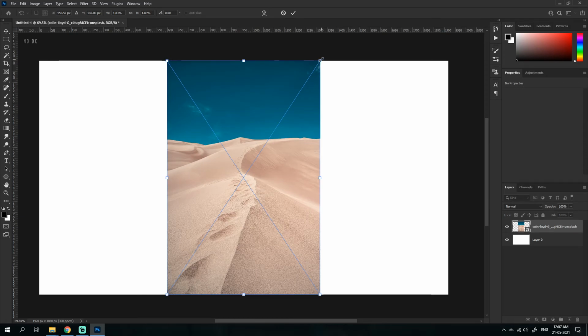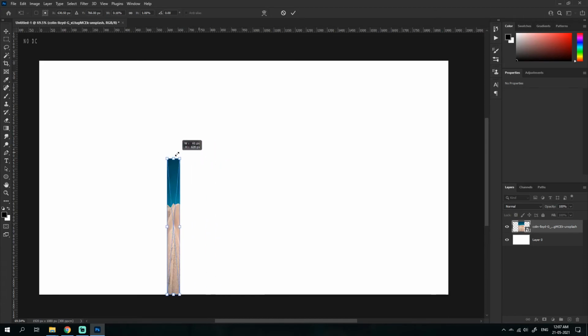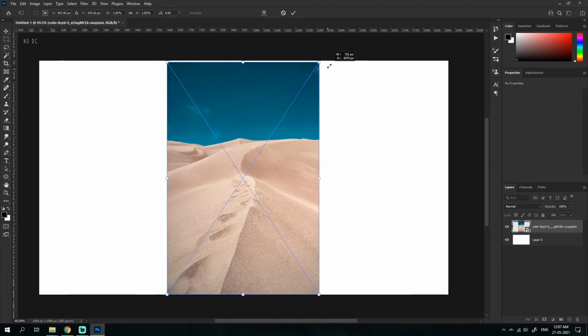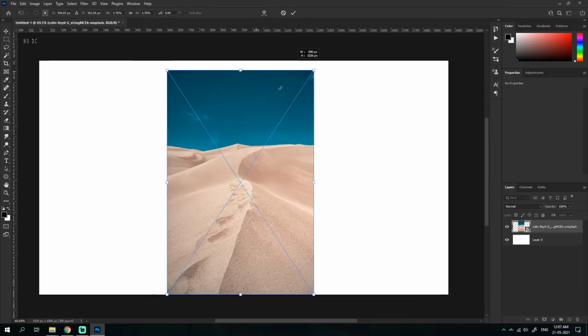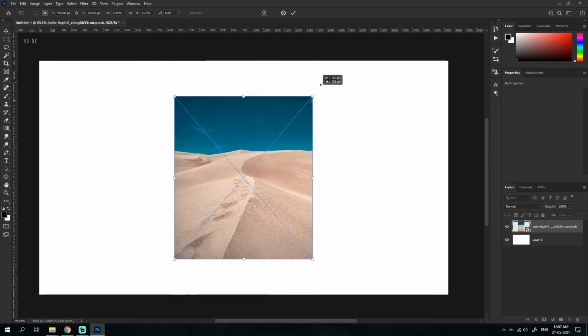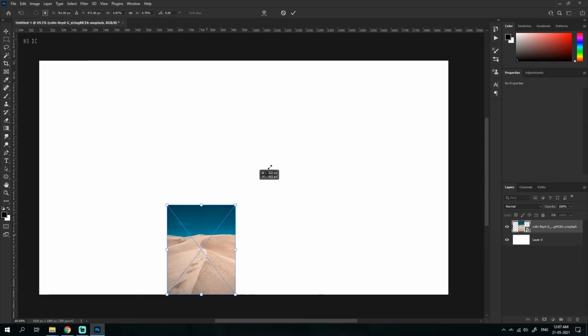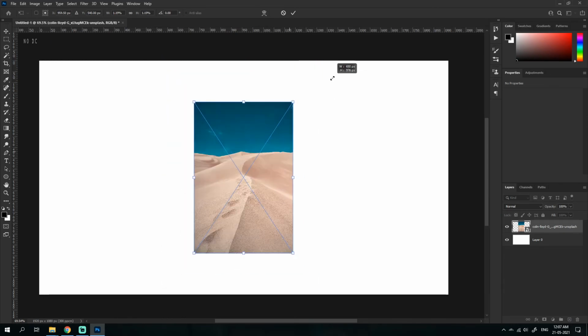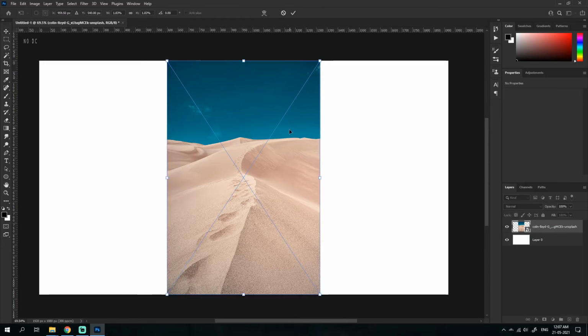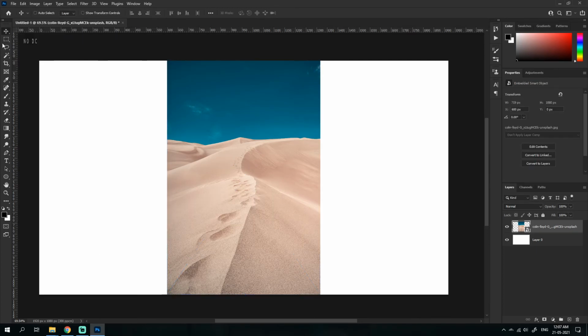So Control T, and if you want to do this thing, you have to hold Shift. But that's for the newer versions. For me, this is how I make sure it is completely the same size, same ratio. One thing is, if you press Alt while doing that, you could see it centers from the middle instead of doing from the edge. So those are the shortcuts. Also, if you right click, you get more options: scale, skew, distort. And you could also go here, transform, and see that these same options are there.